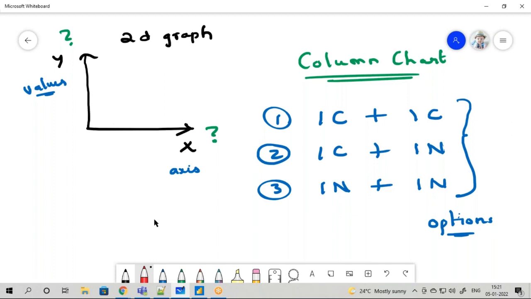I can say that whenever your analysis requires two numerical values, this is not at all the right chart to use. You can never use a column chart if you want to do analysis for two numerical variables. Remember this. This is very important. When you should not use it, that's what I'm telling.